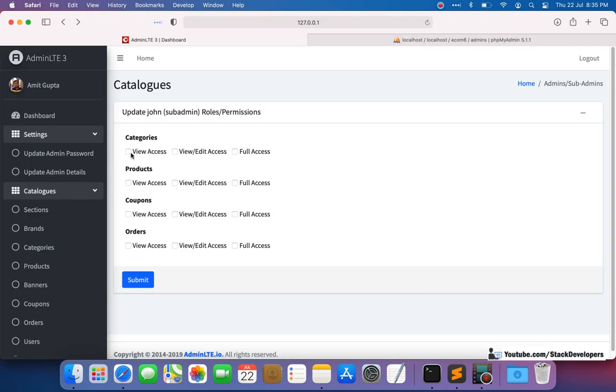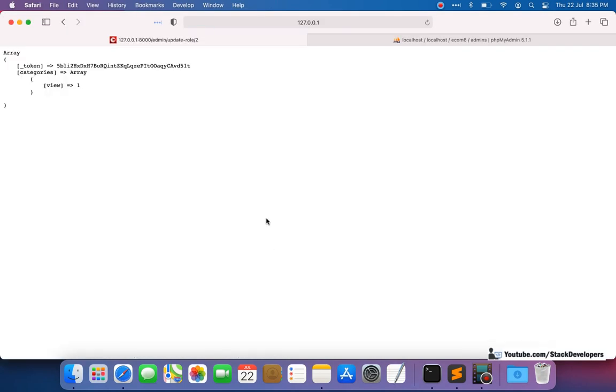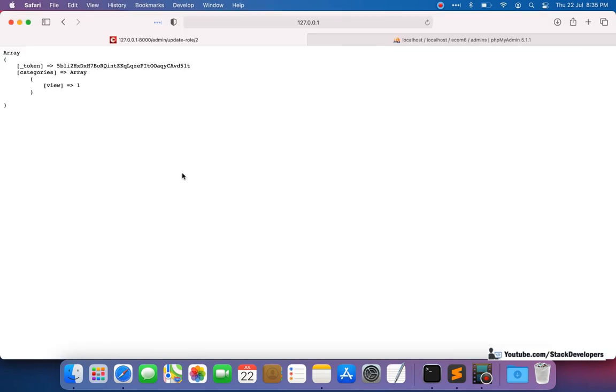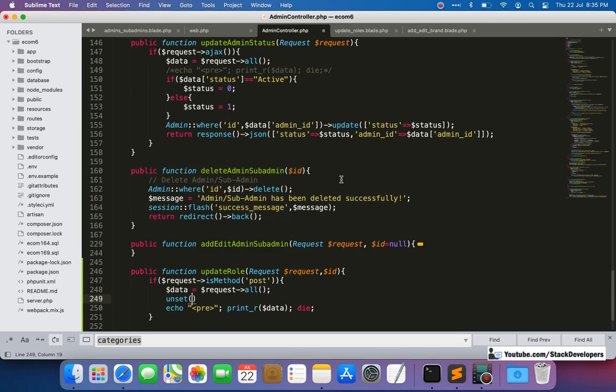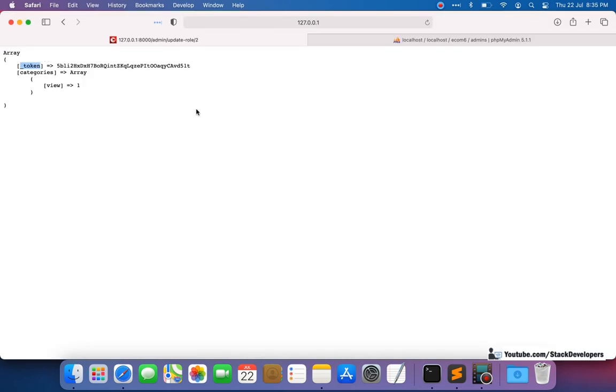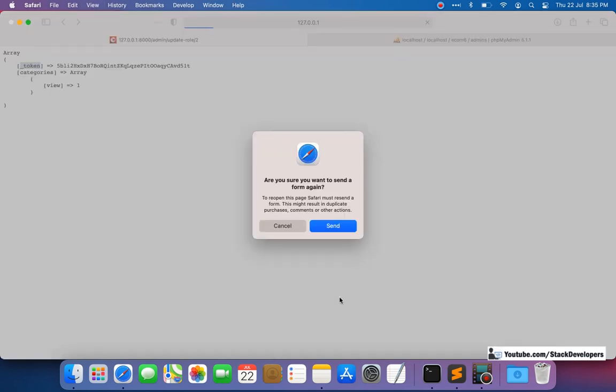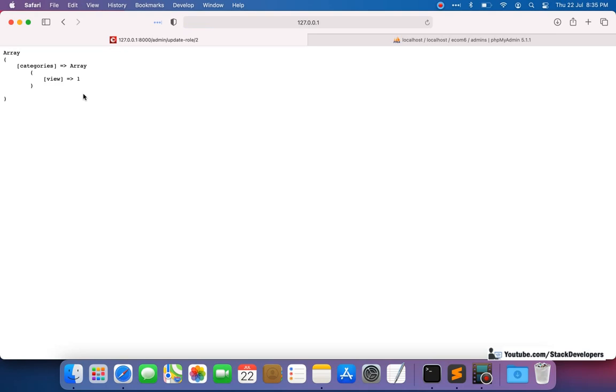Let's see. I'm going to refresh, click on view set, submit, and you can see view is coming for the categories. Token is also coming, but we can unset the token here, that is the underscore token. It is coming in $data, unset this token, sorry. Fine, now we have only categories data in post.